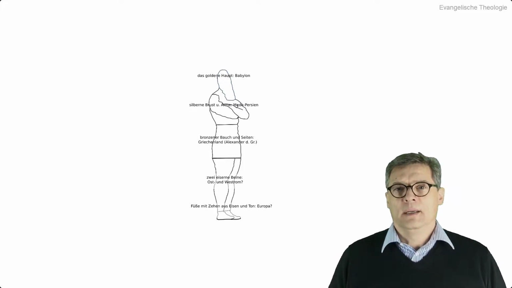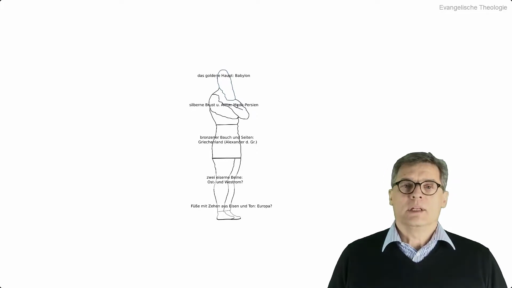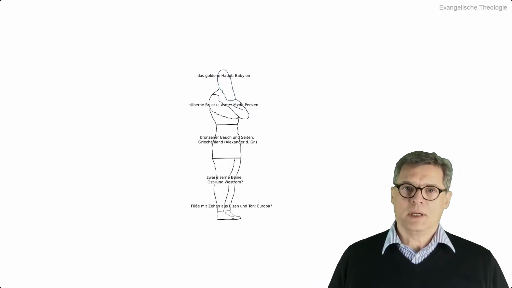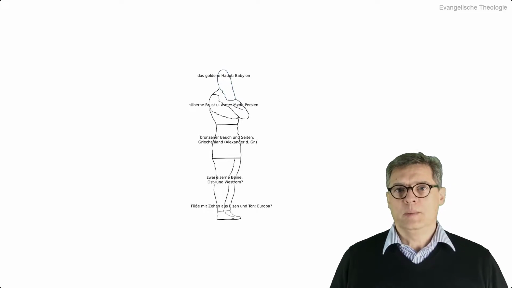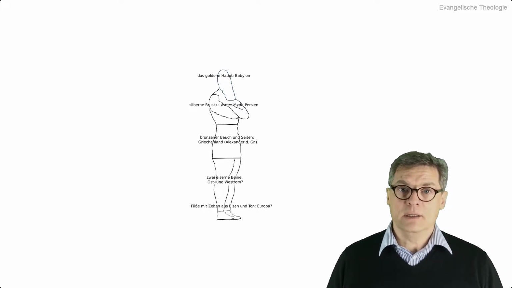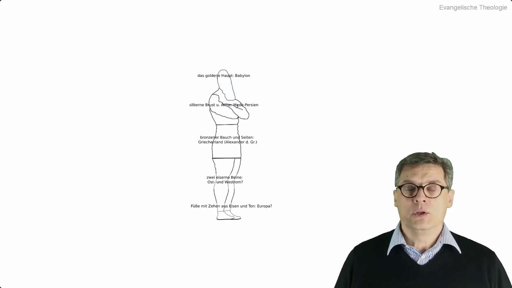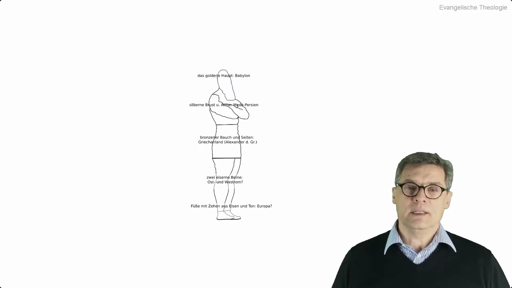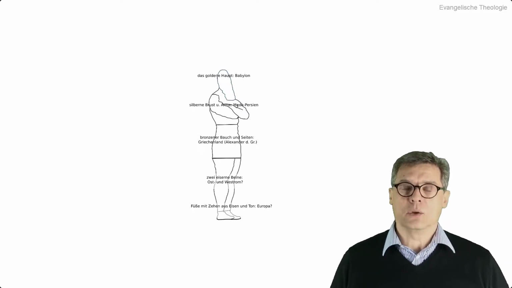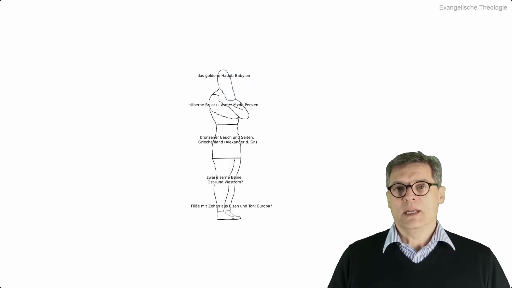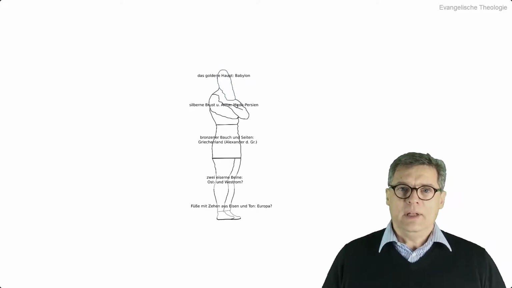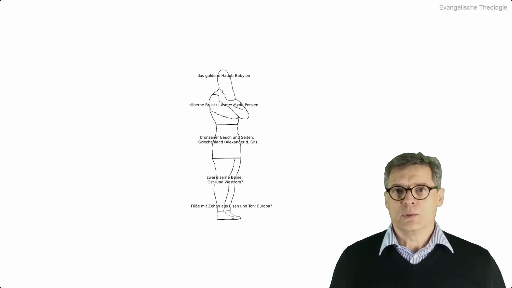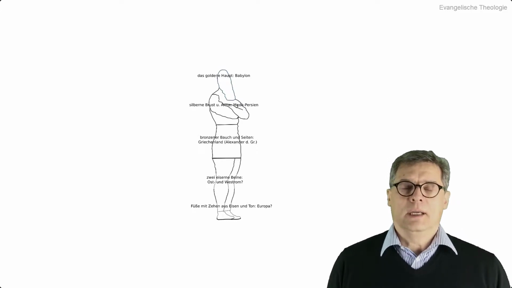Later he saw a stone being torn loose from a rock without human hands, which then beats the statue on its feet and shatters this statue. The complete statue will shatter, and this stone will become a big rock that fills the whole earth. It becomes a great mountain, a great empire. And I think we can confidently interpret that as Jesus Christ, who comes at the end of time, destroys and dissolves all empires and establishes his own glorious kingdom of justice.